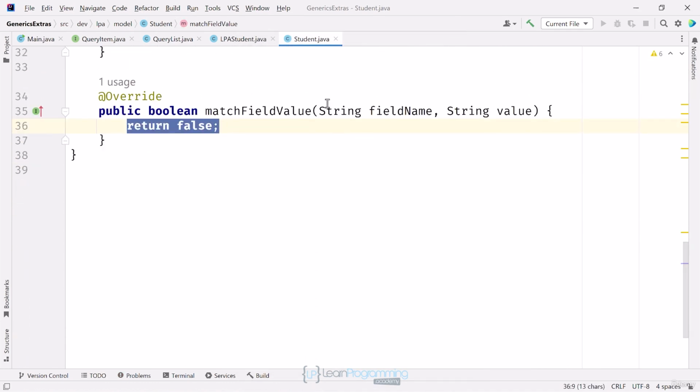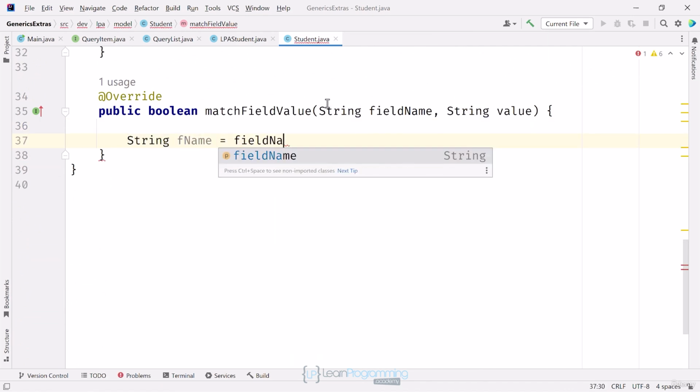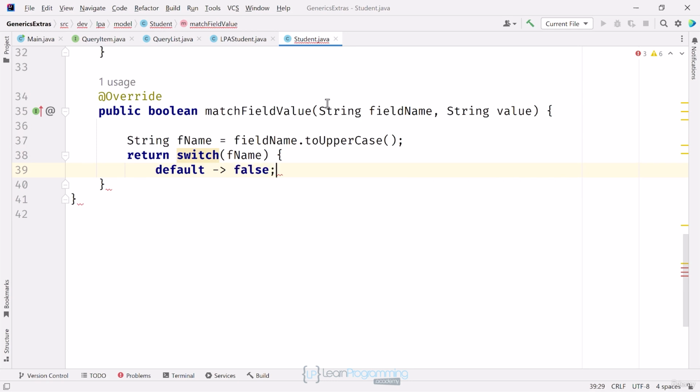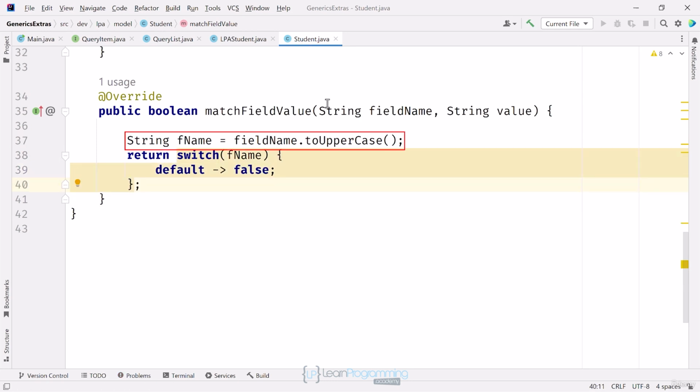I'll change the generated code to use a switch expression to check each field name that I want to be searchable. String fname, and assign to fieldName.toUpperCase. Return switch fname, default, switch expression arrow, set to false. So far in this code, all I'm doing is making the field name uppercase. The field name gets passed as the first argument. I'll return false as a default, meaning right now it wouldn't match on anything because the code isn't checking any